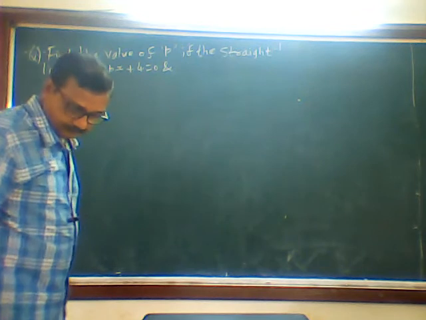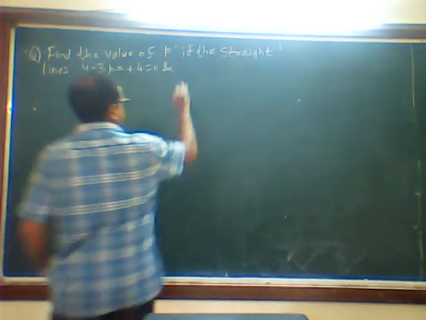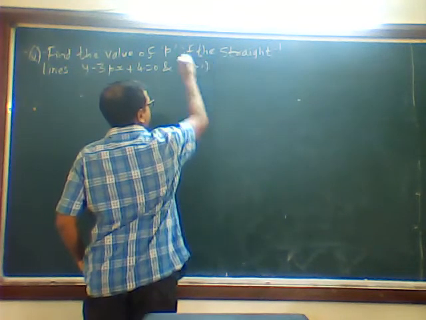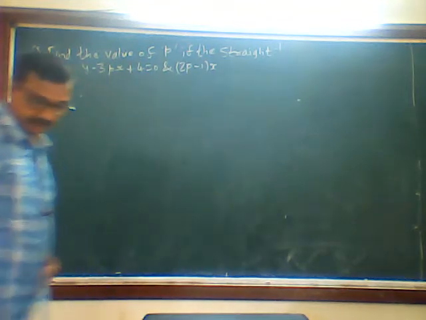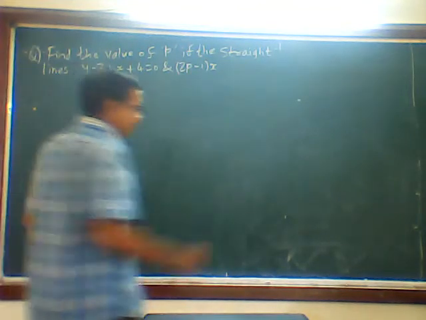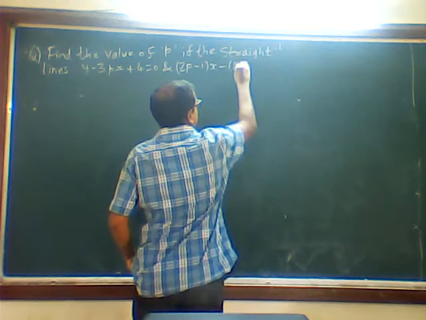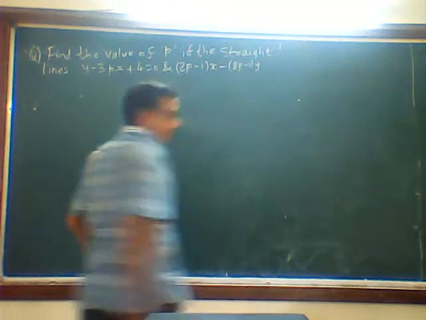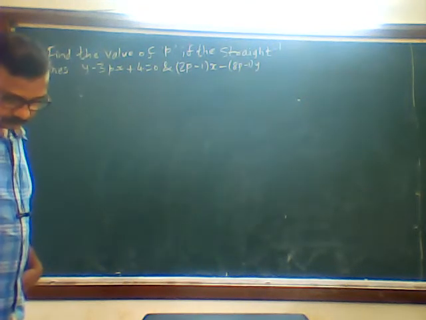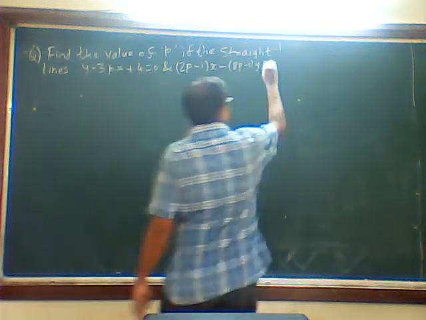and (2p minus 1) into x minus (8p minus 1) into y minus 6 is equal to 0